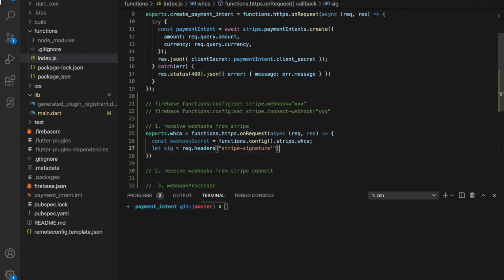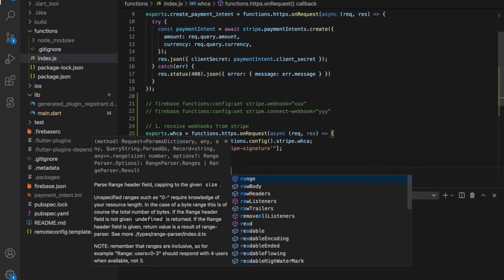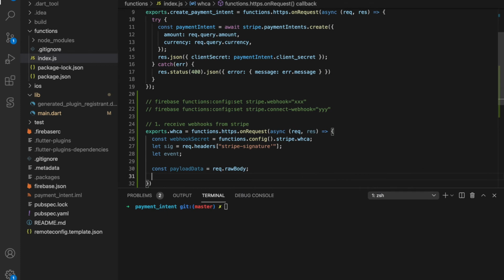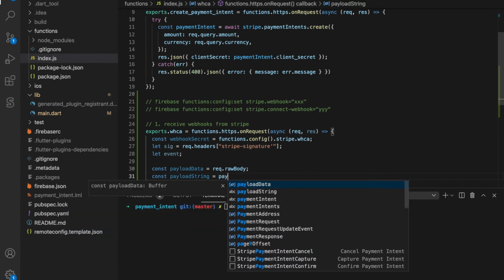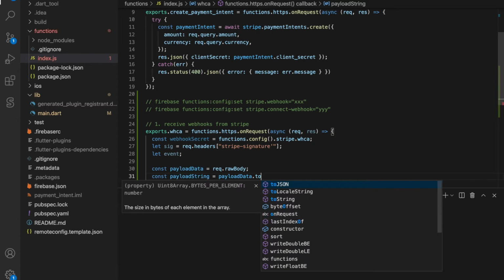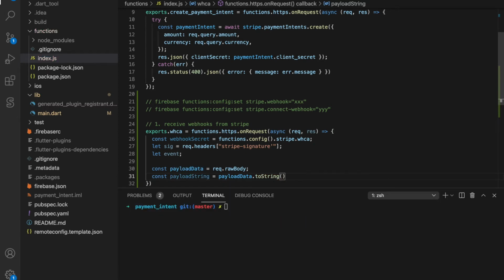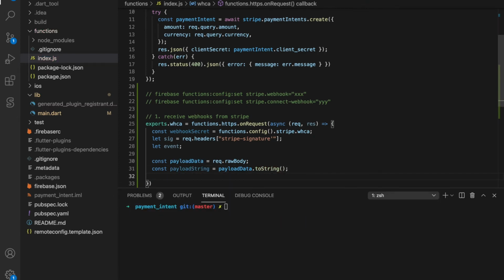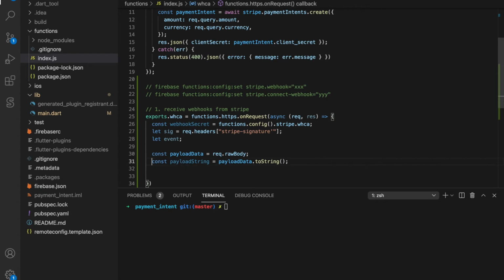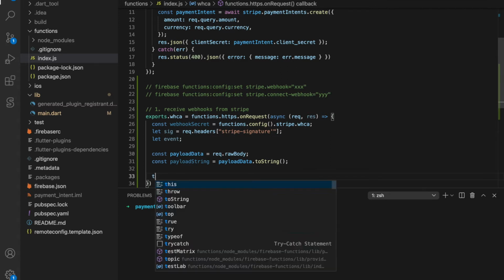Stripe will send this to authenticate. So we're pulling in the payload, we're grabbing the signature, and we're going to try to see what we can do